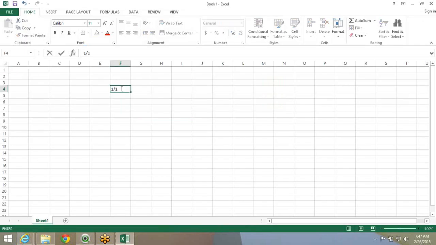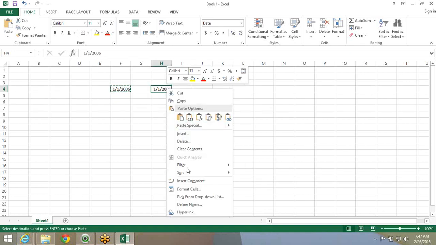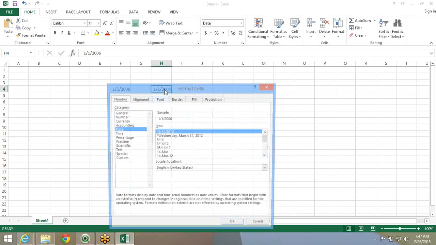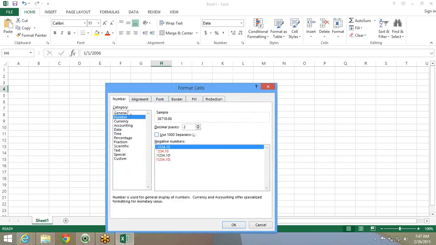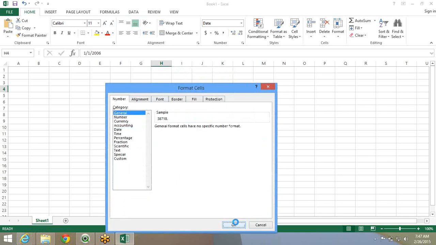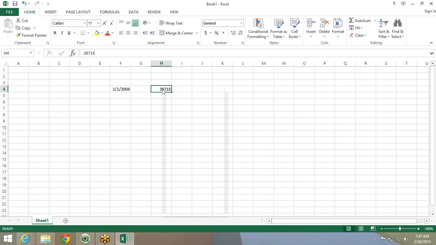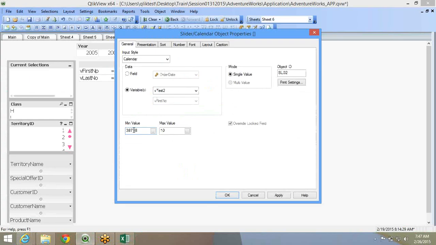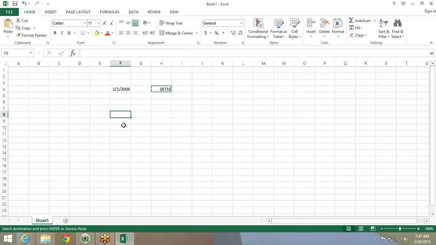This is a Julian thing. If you convert 1 to 2006 into a numeric, in Excel you just format this field as number or general, and you'll get the numeric part of it. It says 38,007. So you'll have to use this value, 38,717, here as the minimum value. And the maximum value, again, if you want it till 2009, I will choose an odd date, Feb 5th, 2009.